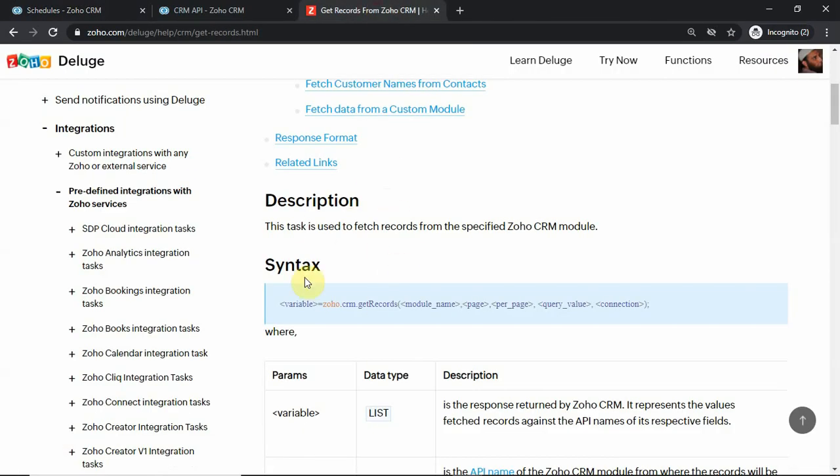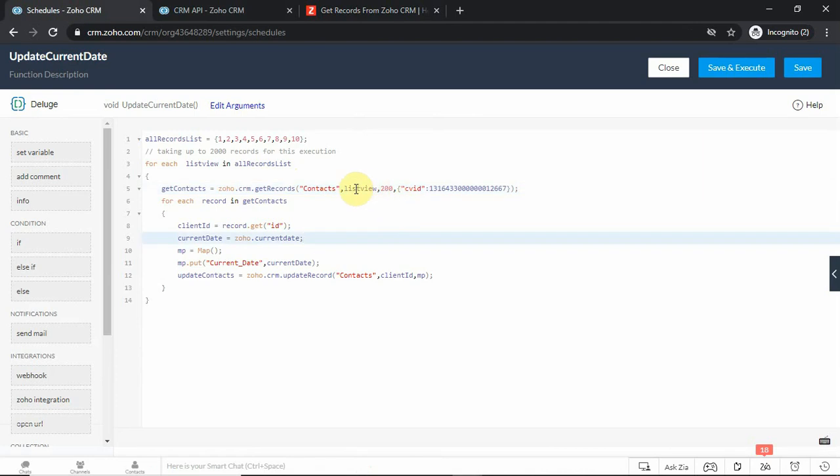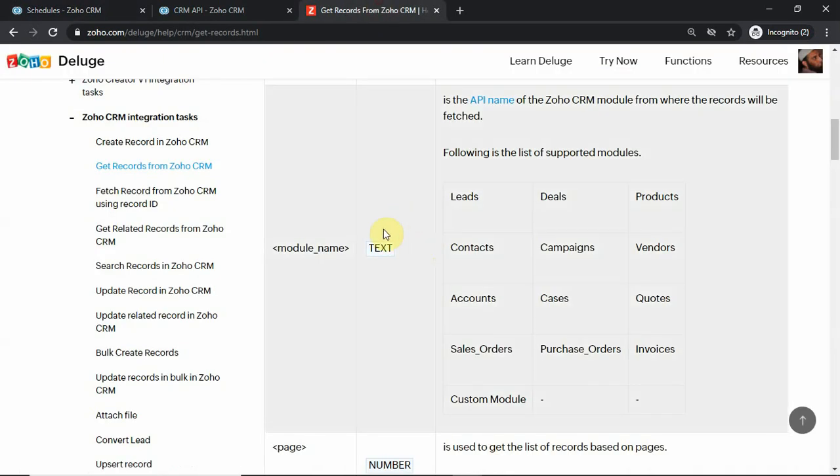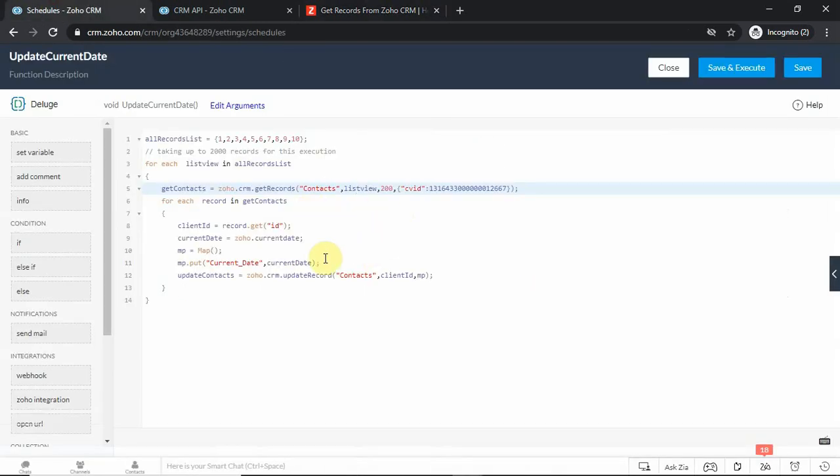It's very well described here in the get records method. If you see, we have page and per page. This variable here says which page I am taking, and per page how many records I need to take. So if I have less than 200 records, I can just say one, which means the first page of my list view, and then I can define the number of records. So if my number of records is 200, I can mention the number of records there, which is optional. If you do not want to define it, this function should still work in that case.